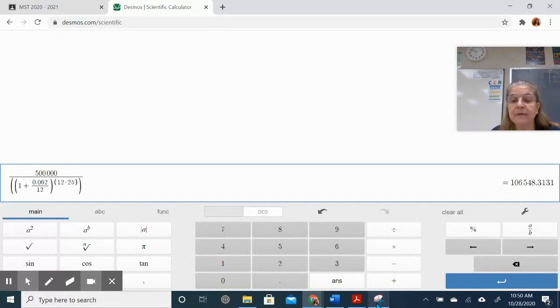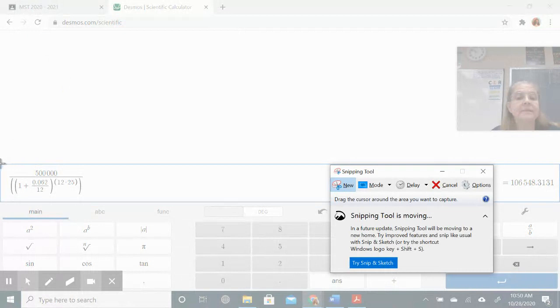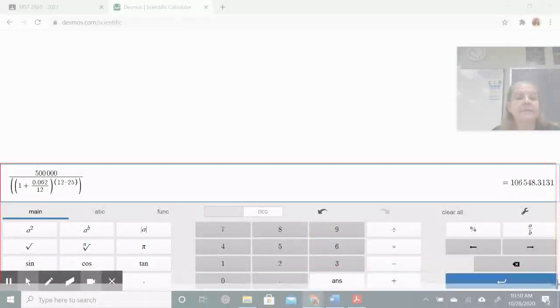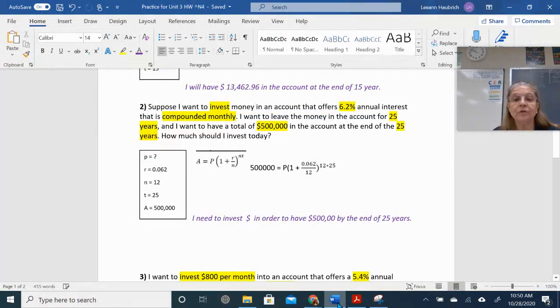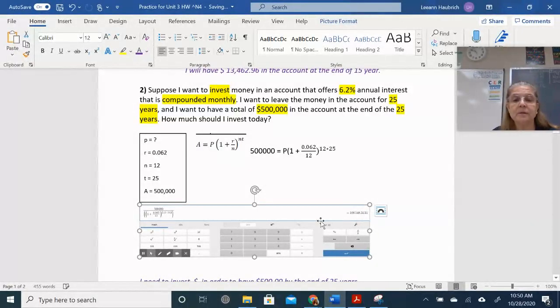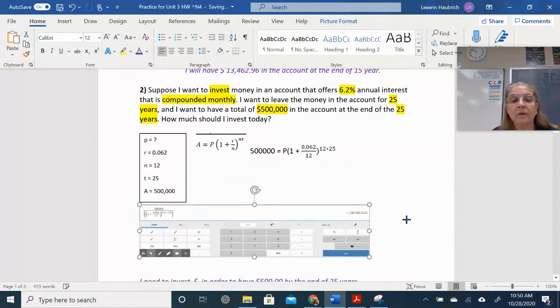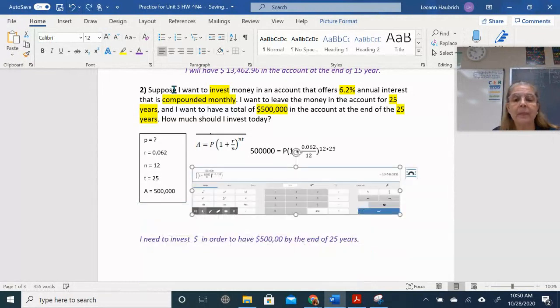Okay, let me grab a screenshot of this and move this over. I'm going to take a new screenshot of everything here and move it over into my work shown. So for my work shown, I'm going to hit Control V. I will shrink it just a little bit so I can put it on the side here and take up a little less space. So, maybe I should have left it a little bigger so you guys can see it. Well, it's taking up a lot of space. So that number, hopefully you can still see it, says